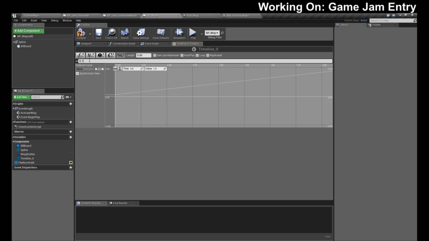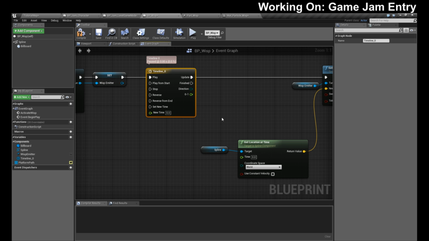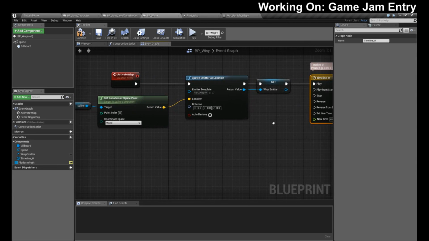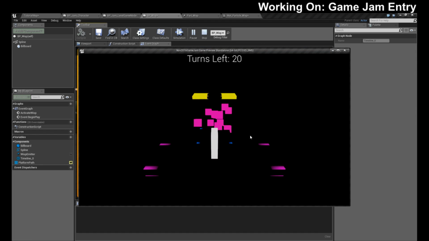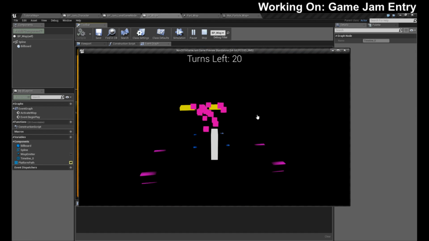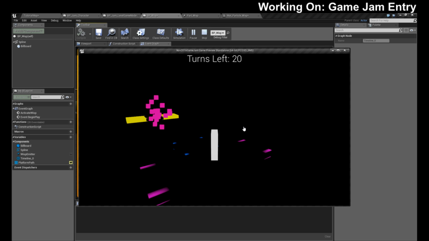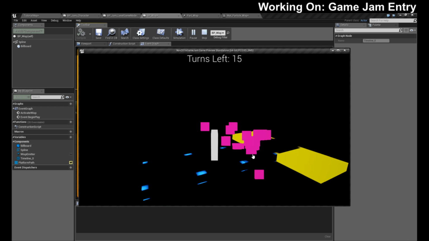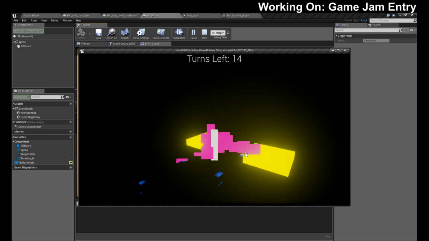The track goes 0 to 1, so the output is 0 to 1, which I plug into there. Yeah? Yeah, okay, well, that wasn't hard. Time worked exactly like I expected it to. 0 to 1, 0 to 100%. Oh, perfect.